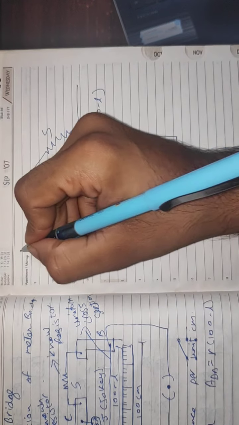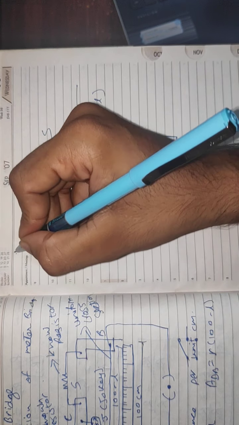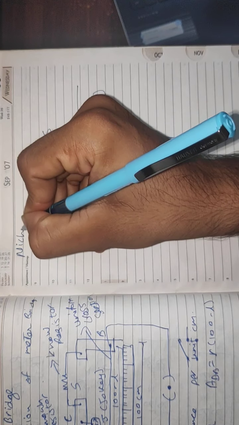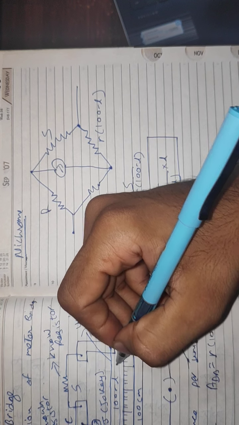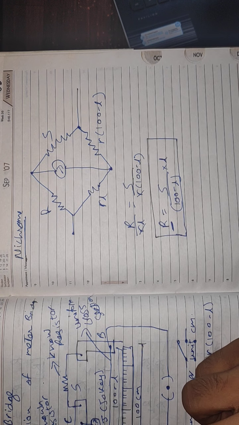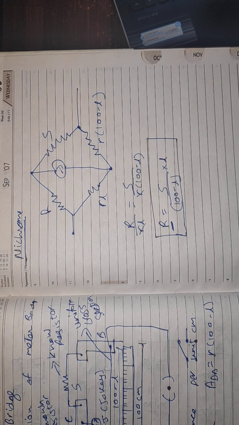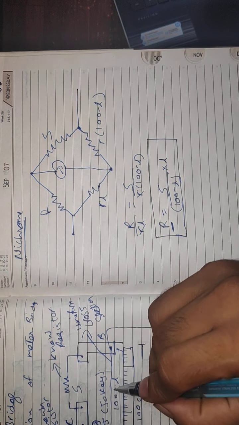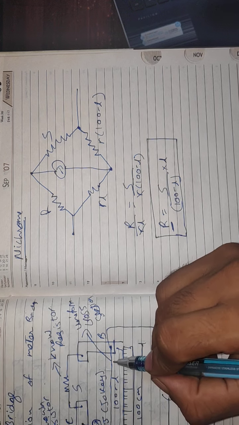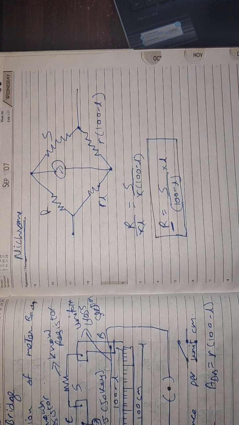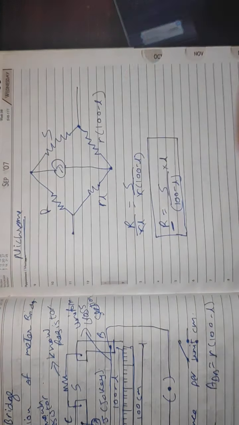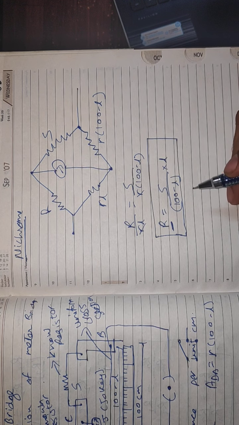We'll use wire of constantan or manganin. Okay, we have also studied about nichrome. The wire is to be of this type because its resistance is not dependent on temperature. The resistance of this wire should not change during the course of the practical. If we are passing current over here, there will be heat generated, and due to that the resistance of this wire should not increase. So you can have this wire of different types like constantan or manganin, or you can have it of nichrome type. Okay, I hope this much part is very clear to you.